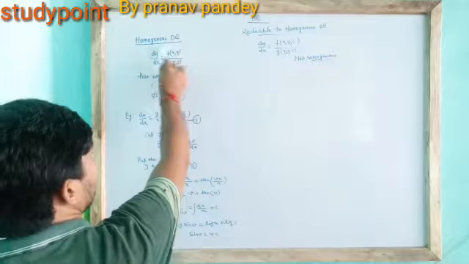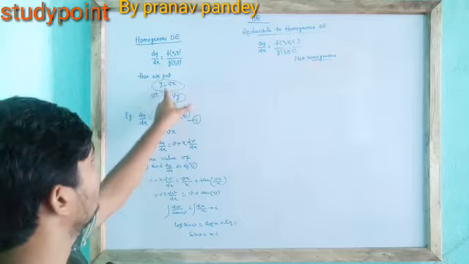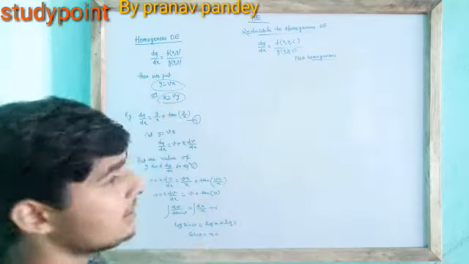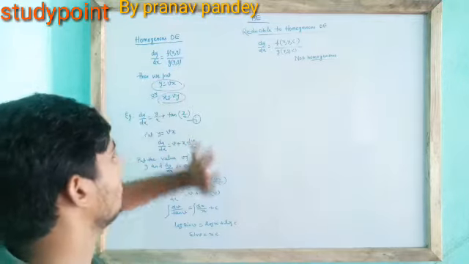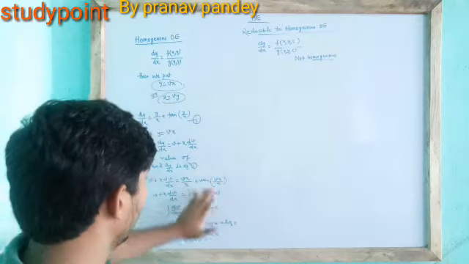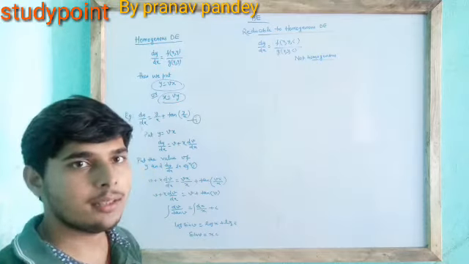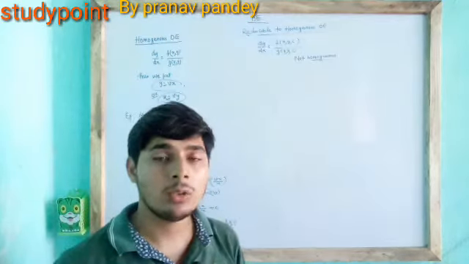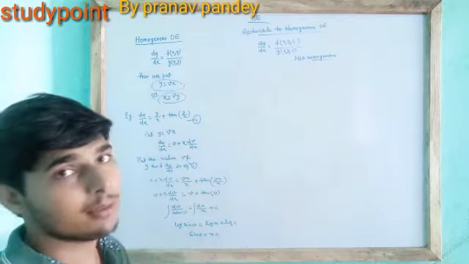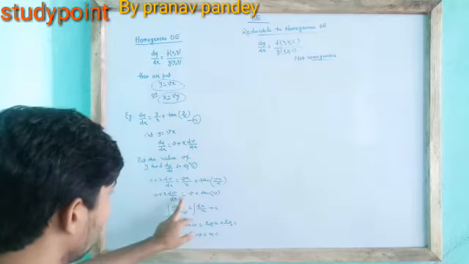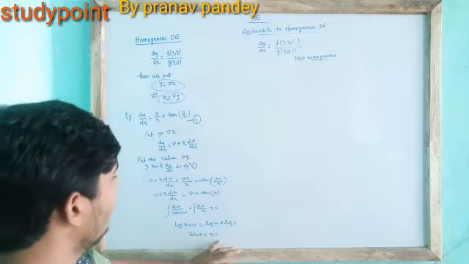If this form is satisfied by any differential equation, then we put the value of y as vx, and when it is dx upon dy, then we will put x is equal to vy. When dy by dx, then we will put y is equal to vx. Then we will solve for that, and when we get this kind of value, then we will separate the variable. There are more conditions, like we need to reduce the variables to separate. Then we will reduce the variable and then separate. That is called reducible to variable separable. So I have done this, as I have to reduce the variables and then I have separated here, and I solved it. Then I will get the answer.